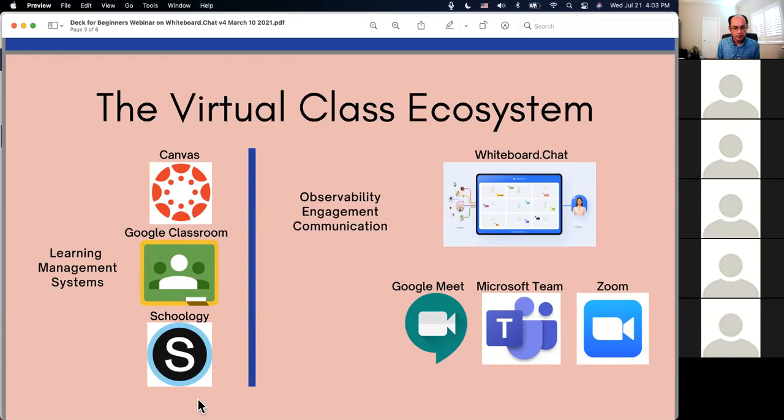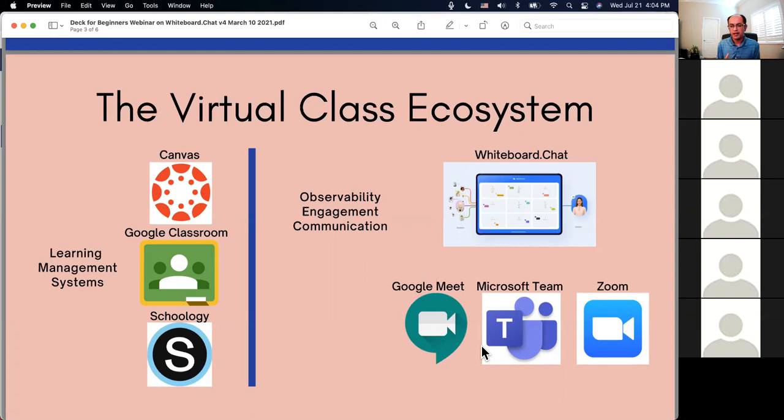They primarily help teachers get organized in terms of their content, setting up classrooms and giving out assignments and things like that, maybe even some rostering features. And then we have the conferencing technologies, which are Google Meet, Microsoft Teams, Zoom, WebEx, and many others right there. But what has been missing has been the overall observability